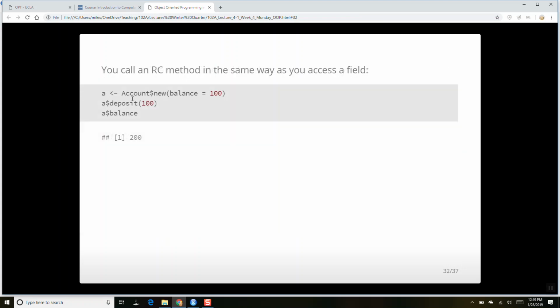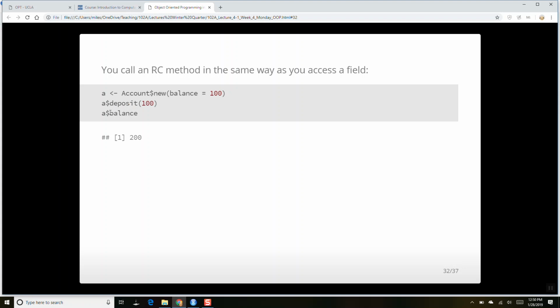Okay, so anyway, here we're going to create a new account. We're going to call it A. A starts off with a balance of 100. Then I can call this method $deposit 100, and we can ask what's the balance on A, and it will say 200. We have to just know that deposit 100 will modify the values inside A. But because it's in a reference class thing, it's only going to modify what's in A, and it's not going to modify something somewhere else.